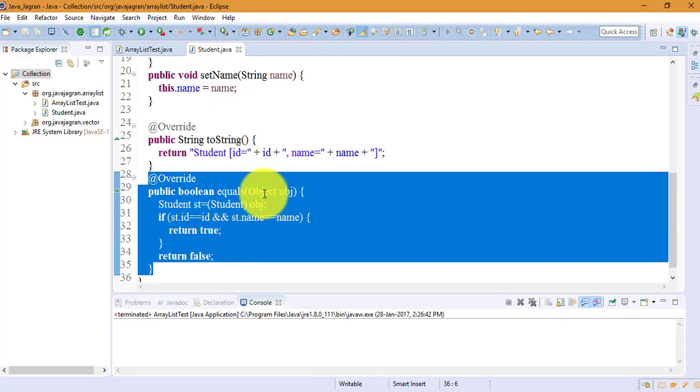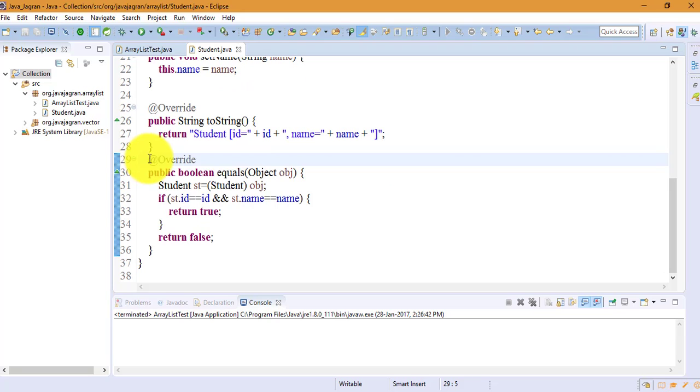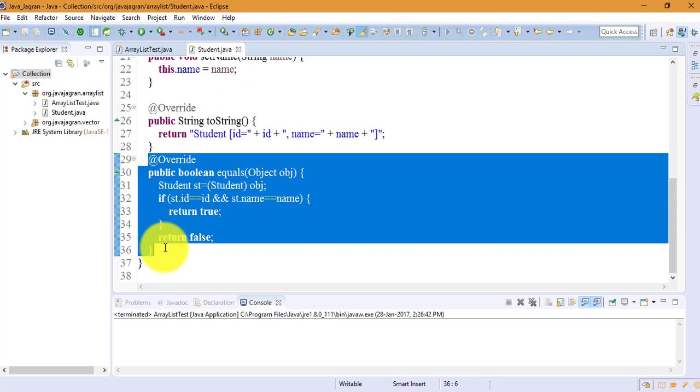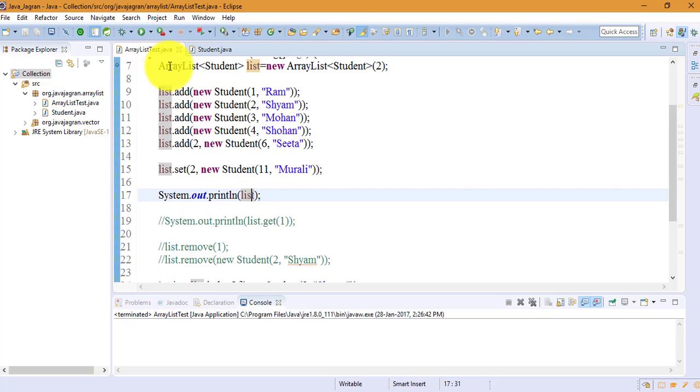One is the overridden equals method. This is the most important thing for the array list. If you are not overriding the equals method, you are not able to perform remove or search kind of